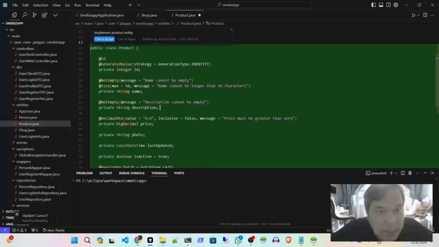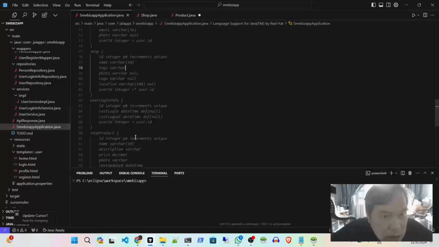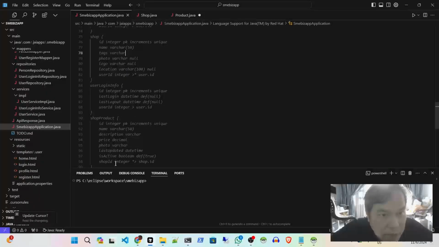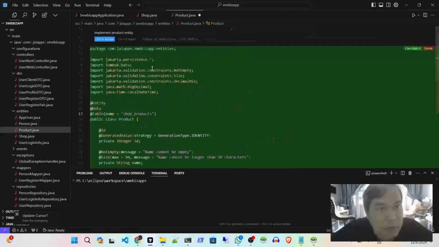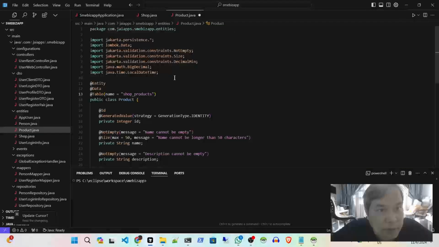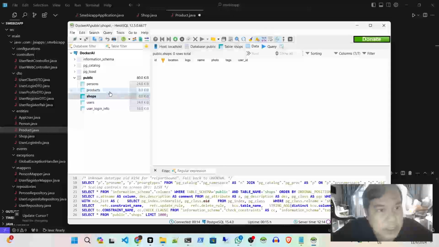So we have ID, name, description, price. Photo last updated, is active. And then the relationship with shops. Okay, cool. Accept. And then this problem, because AI probably doesn't know what the column